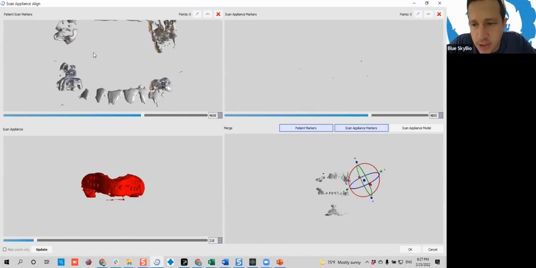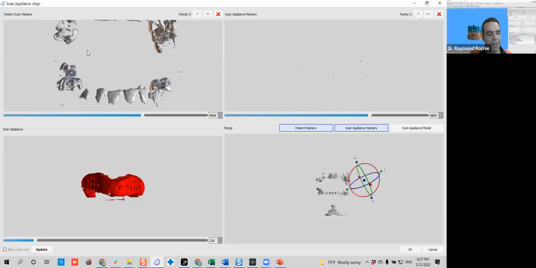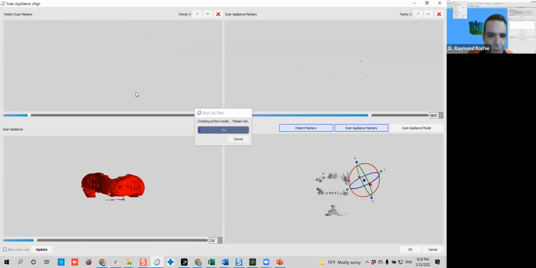There's a question: how do you get your patients to open during the CT scan? That's a great question. What you do is use either cotton rolls on the posterior, or place anything that will act as a stop on the posterior, on the molars. That's most important on the molars. If you don't put a stop there, the patient will move, probably trying to be compliant or to help you. And what happens is that the CBCT then turns out